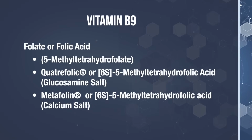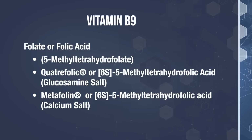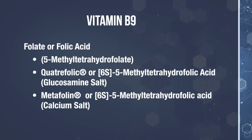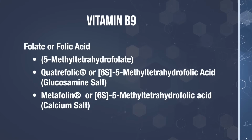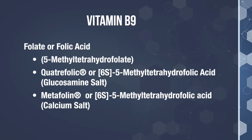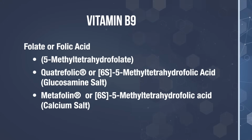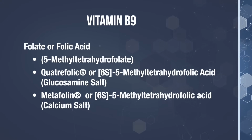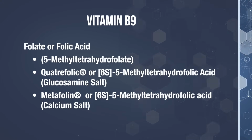Another important B vitamin is B9. You'll probably recognize this by the name of folate or folic acid. These 2 names are often used interchangeably, but there's a big difference between them. Here's how to avoid confusion. When you look at an ingredient label, after the word folate or folic acid, next to it, you should see in parentheses one of these words: